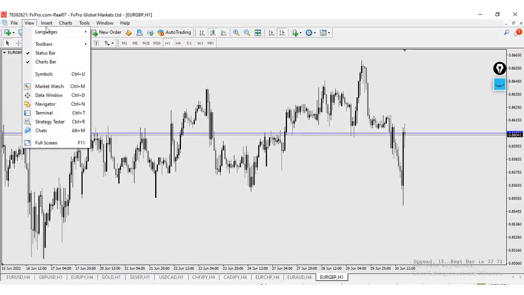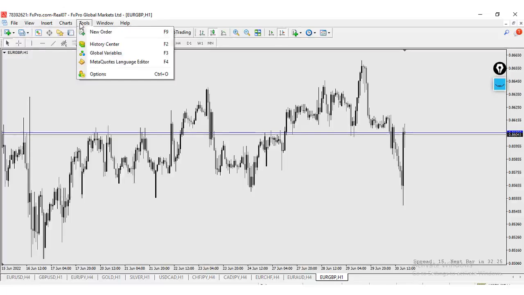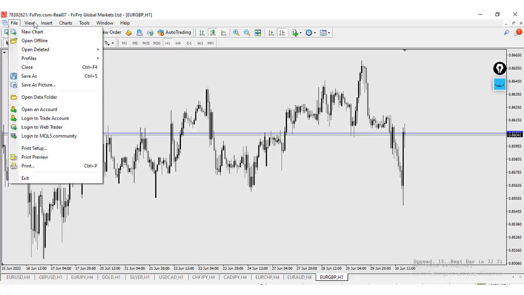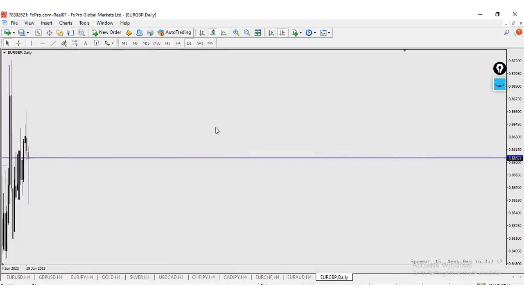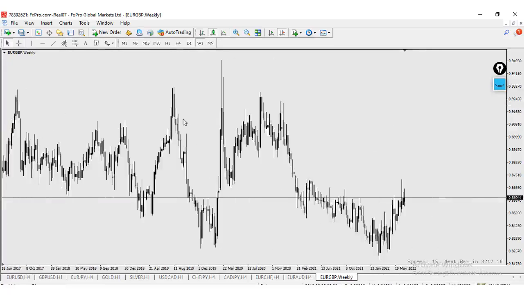I will never come to indicators and say, oh, what is this? Where are the indicators? I don't even know where they are. Okay, I don't use indicators. So what I do, I just look at the levels in the market. Oh my goodness, this is pushing so hard. I just look at levels in the market.